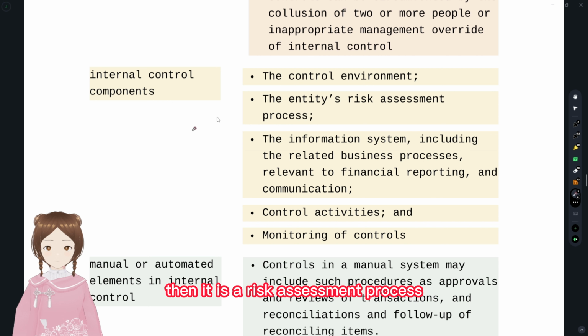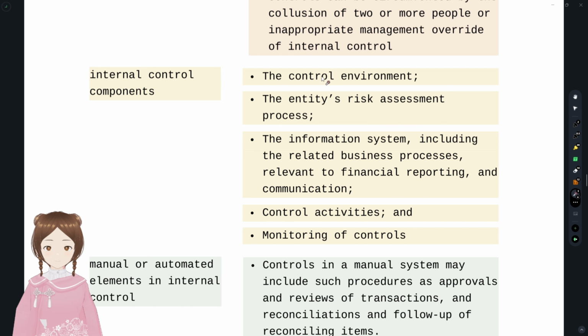The entity's risk assessment process. There also should be a risk assessment process. This is mostly done by the management, who assess the risk that the internal controls do not achieve the entity's objectives. Management has to assess the risk of that process and all the information system, including all the processes. They have formed the policies and procedures, but there should be a system so that the one doing the internal control activities knows how to do them. For that, an information system, a system to communicate with the people who are doing the internal control, should be there.